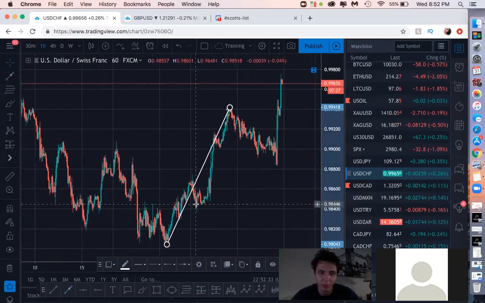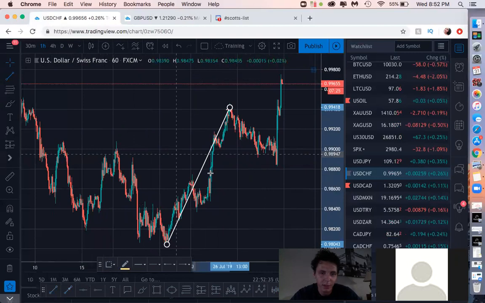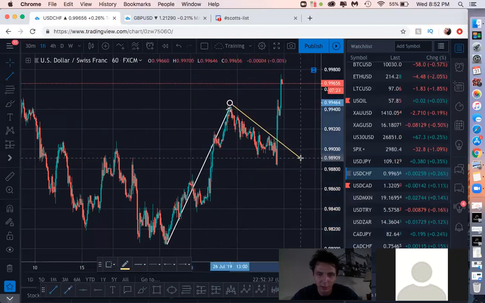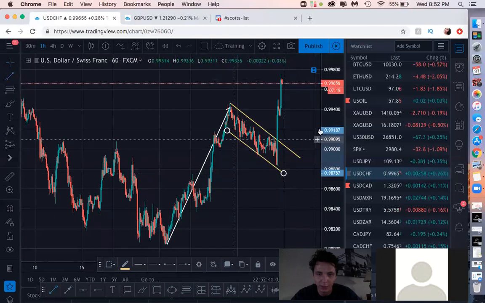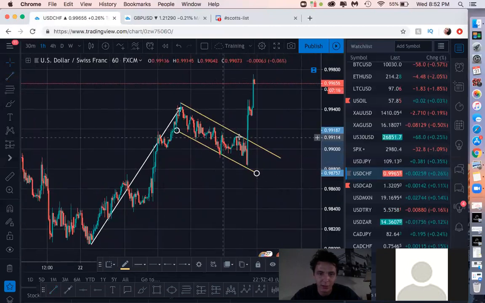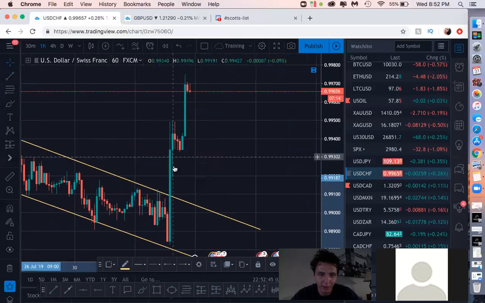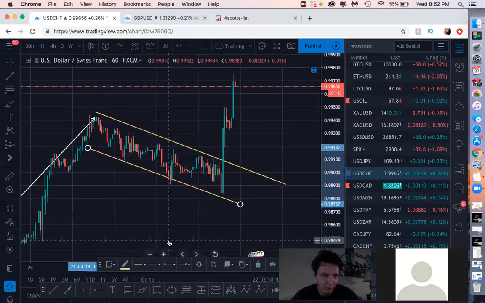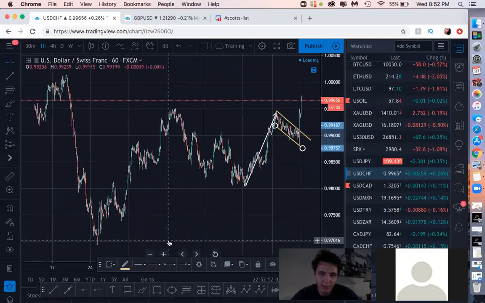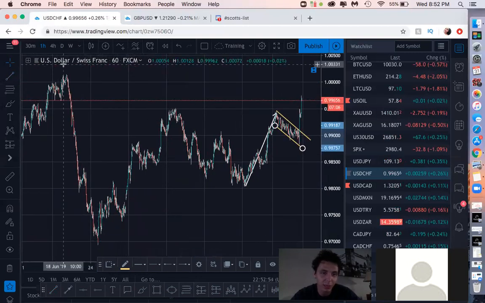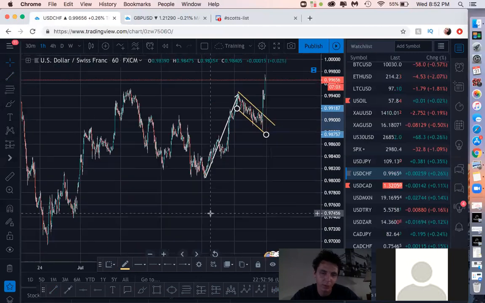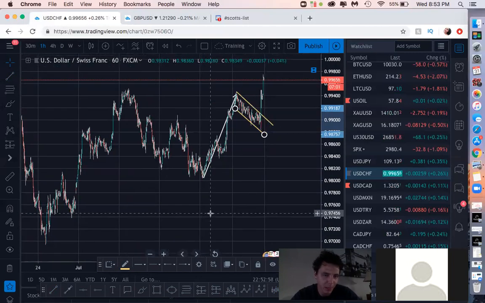You have your impulse up. You have your accumulation area, your correction area, your whatever you want to call it area. Then you get the breakout. And I mean, look at that vicious breakout from here. Absolutely stupid. When can we predict the breakout? We can't. We really can't. So you really have to just be looking.